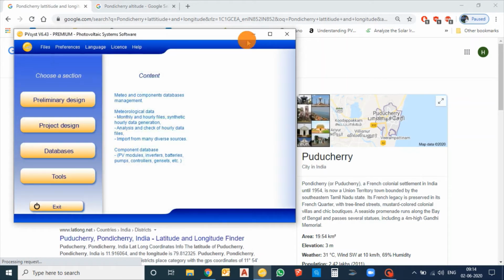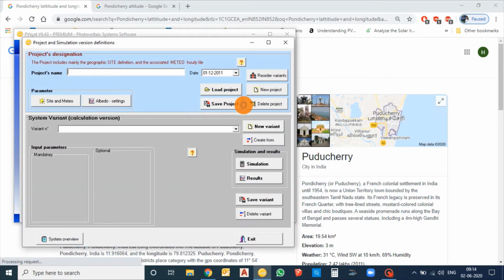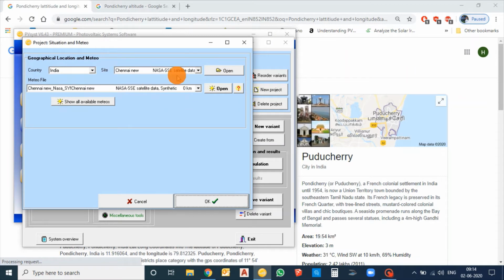When you're going for a project design, grid connected system, you need to select the site which you have created now. Go to Site and Meteo, select from created, right? Yes, can you see it?